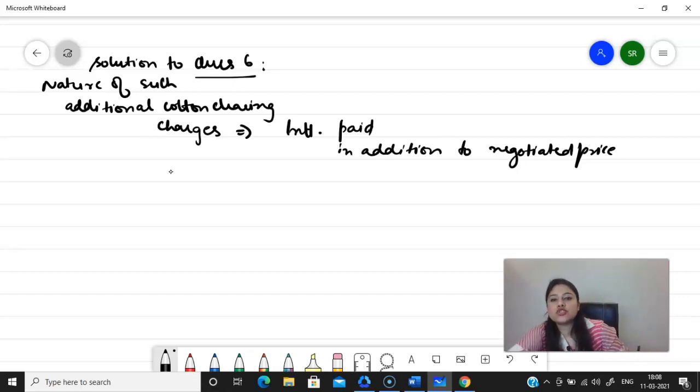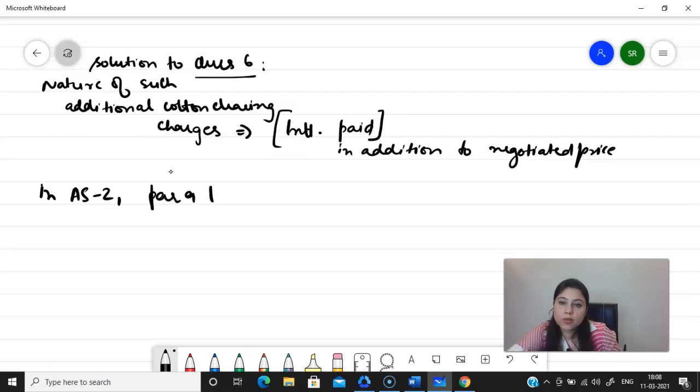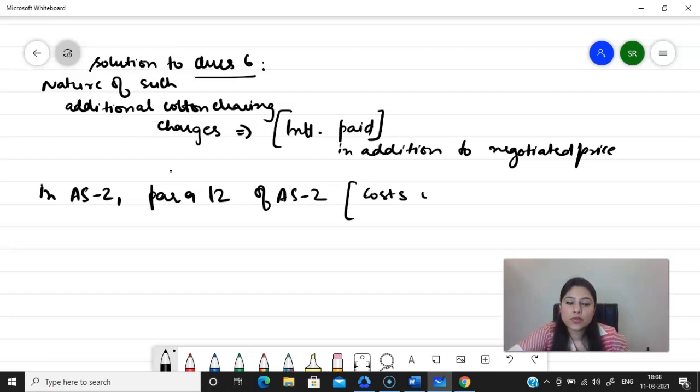So because the nature of the expense is of interest, and as we all know in AS2 and specifically in para 12 of AS2, we have the provisions as to costs which are excluded